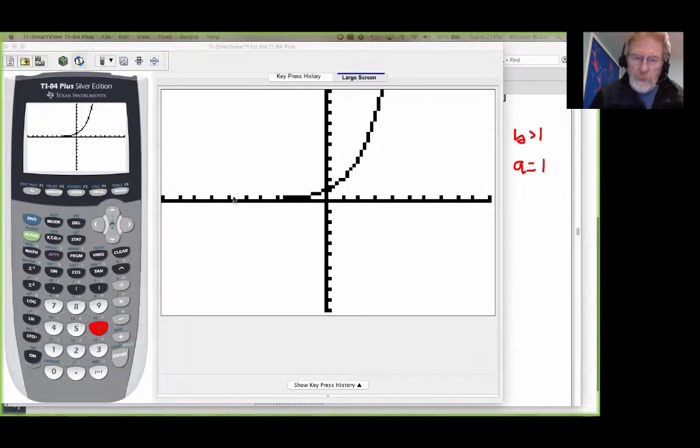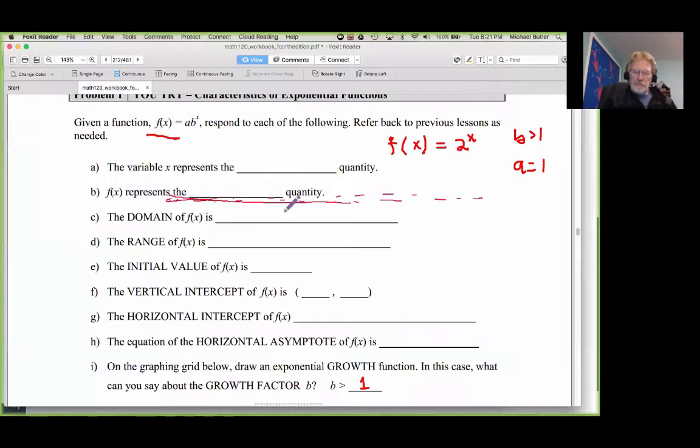So what we notice is that there is an asymptote here. In other words, the x-axis is acting as a horizontal asymptote. And what that means is that the graph of the function is coming down and getting as close as you would ever want to the x-axis, but it's never going to touch it. Right. Okay, so going back over here,